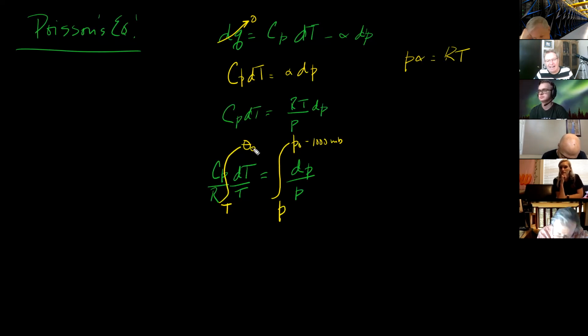So I'm defining theta to be the temperature at 1,000 millibars. That's the tricky part, the limits of integration. Now, the easy part is I can just integrate it. So I get Cp over R natural log of T from